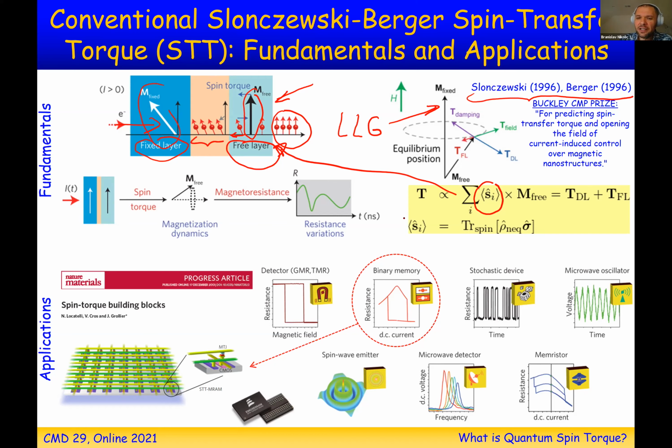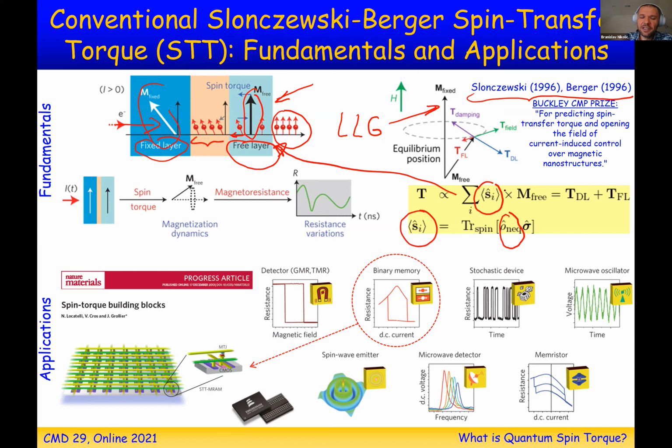And so how do you calculate this non-equilibrium spin density? Well, typically you would use some single-particle quantum transport formalism, Keldysh or Kubo as in the previous talk. You take a trace of that with the Pauli matrices, and that gives you this non-equilibrium spin density, and then taking the cross product is trivial.